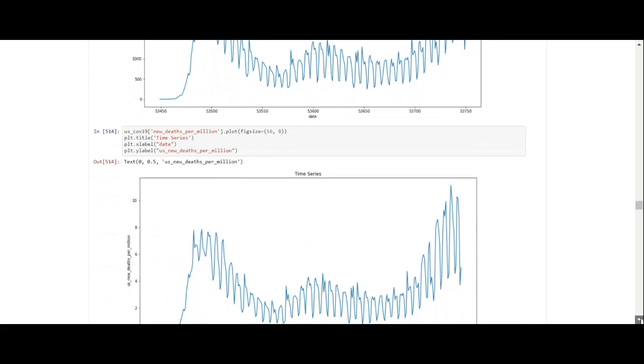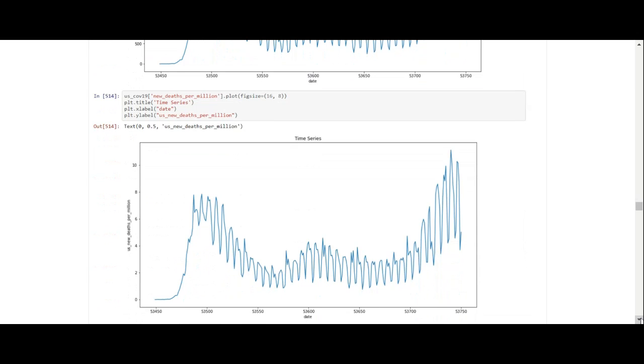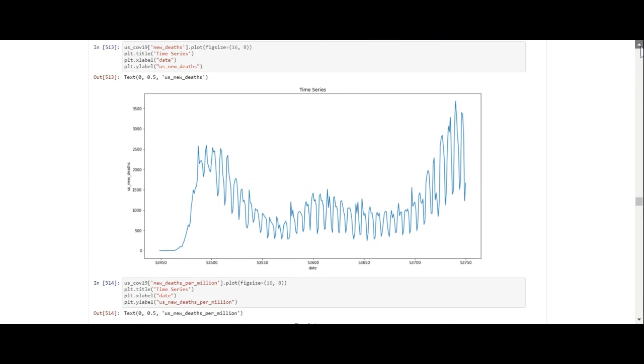And now what we wanted to do is look at the deaths per million. The chart that's being developed is similar to the deaths chart, but if we look at it here, we'll see that the deaths per million is increasingly going up. But what I want to do is go back to the UK.